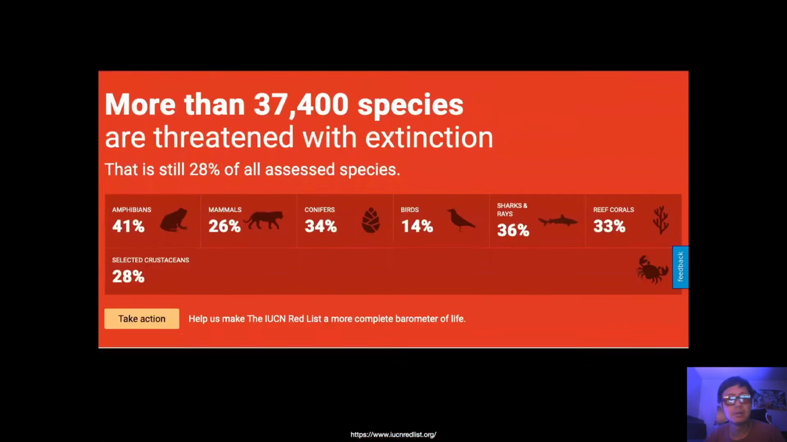They represent that almost 40,000 species are threatened with extinction. And you can see how it's distributed. We haven't seen all the species. So there's more species threatened with extinction. These are just the ones we know about. The